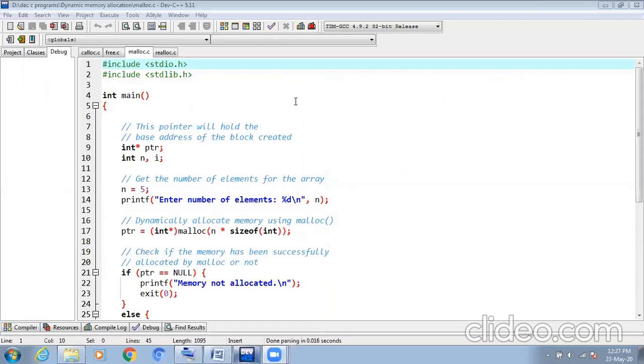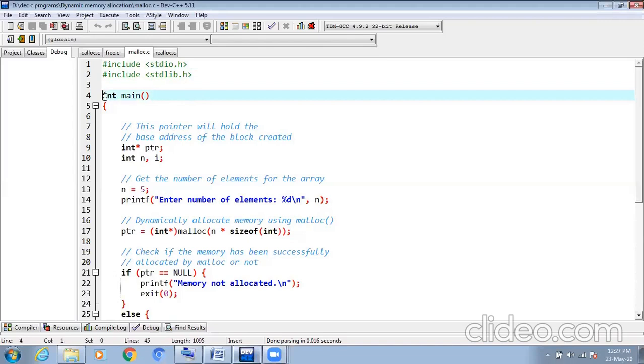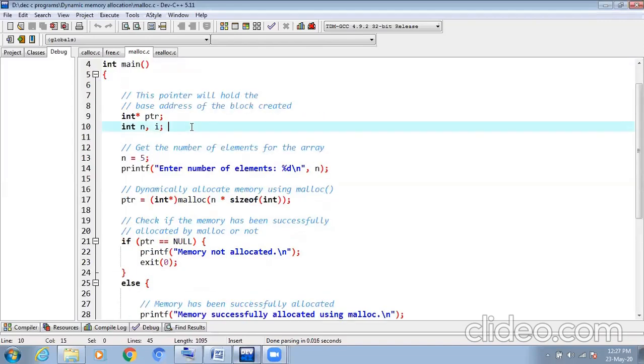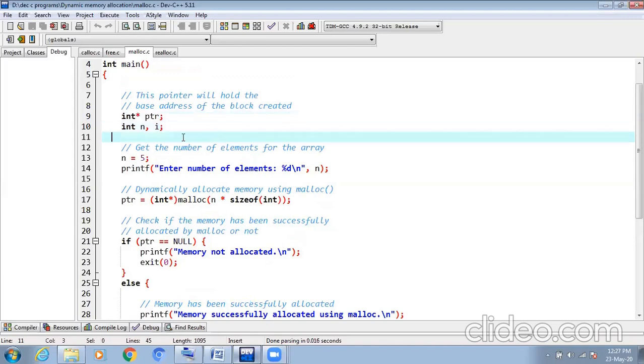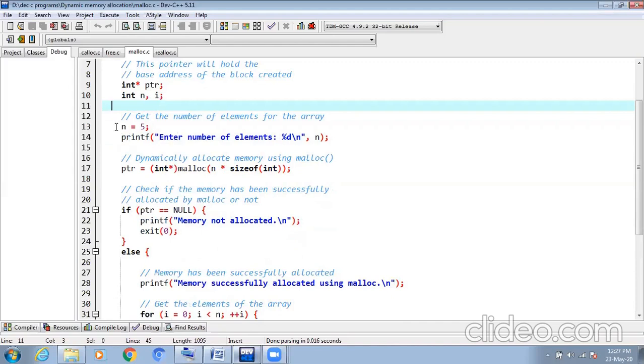First two lines that you can see, we are including the header file stdio.h. It is a familiar one, but the stdlib.h we have used here. Why have we used stdlib.h here? Because we are using the dynamic memory allocation functions. Here the int main. After that we have declared one pointer variable and another two variables n comma i. Here we are allocating the memory for n equal to 5. You may also take it from the user side, or it may have any value. N equal to 5, I have taken, you can take any value.